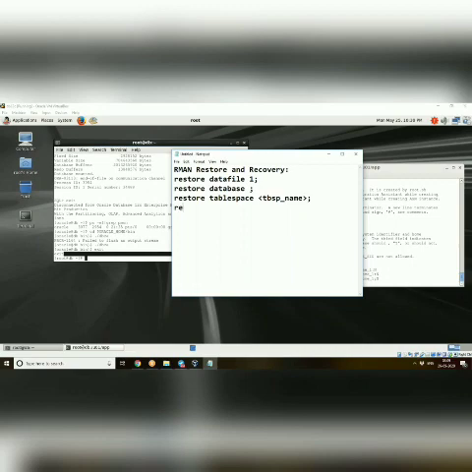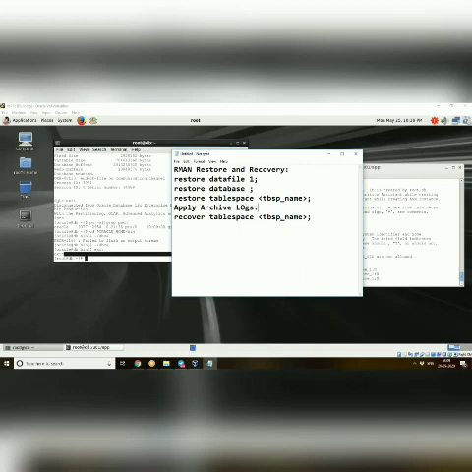Fine. So now recover tablespace. How will you recover? Recover as usual, the corresponding tablespace name. Because the difference between restore and recover is that recovery means you are applying archive logs. Applying archive logs is called recovery.